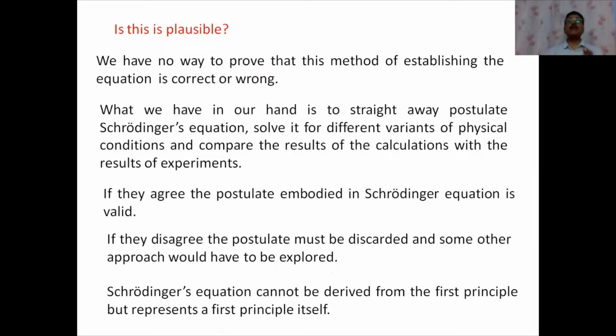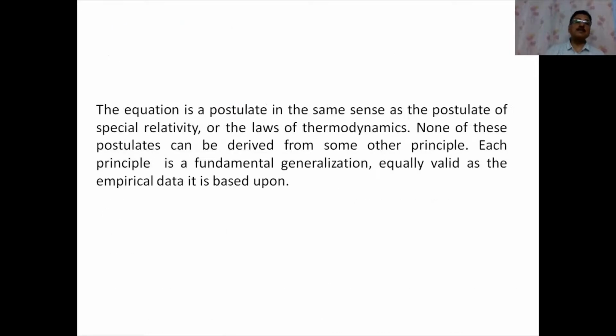The Schrödinger equation cannot be derived from first principles basically. Why? Because the Schrödinger equation is a first principle in itself. So you cannot derive it from some other first principle. The equation is a postulate in the same sense as the postulate of special relativity or the laws of thermodynamics. They have been established based on varied experiences. They are not derivable. They are themselves postulates. In much the same way, as they are fundamental generalizations,